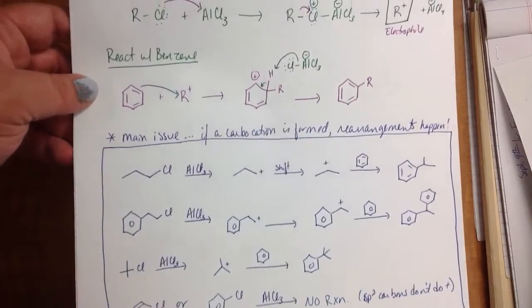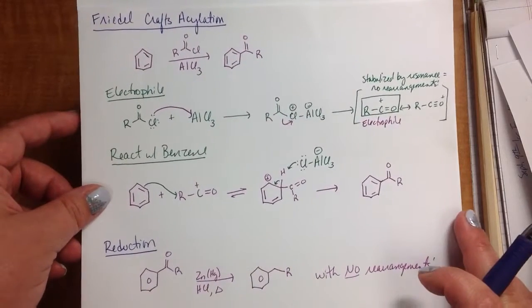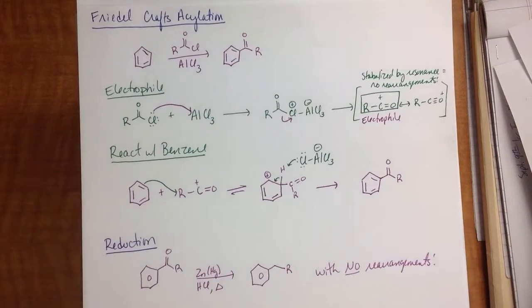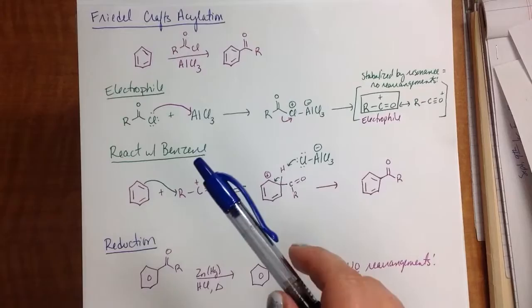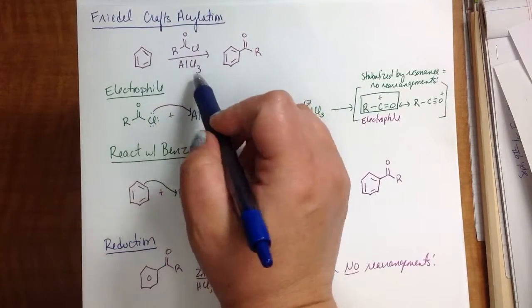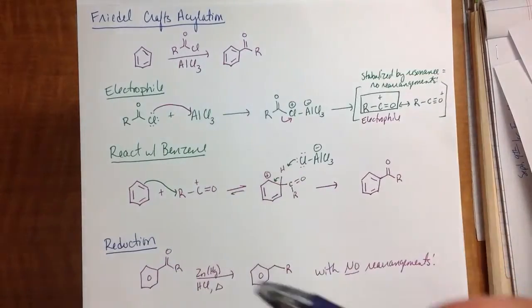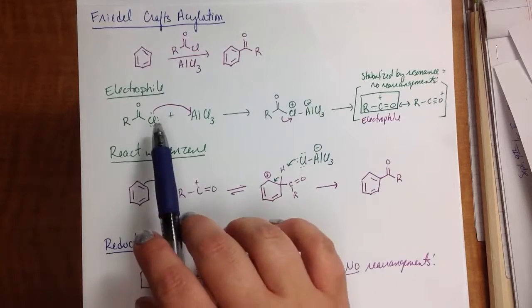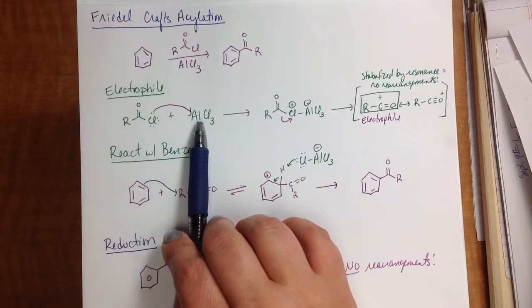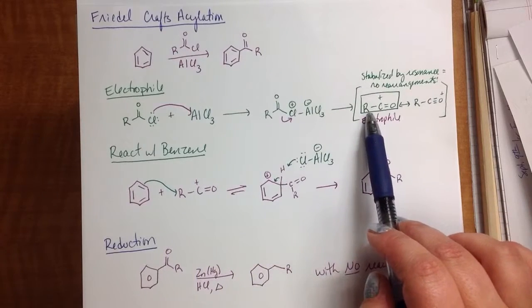Okay, so what do you do if you don't want a rearrangement? Well, let's look at the other alternative here. We can use a Friedel-Crafts acylation to do something similar to the alkylation. And these are using acyl chlorides with AlCl3, and the difference is you end up with a C double O bond right here. Very similar mechanism. So the chlorine comes and grabs the Lewis acid of aluminum, and then he leaves. The cool thing about this one